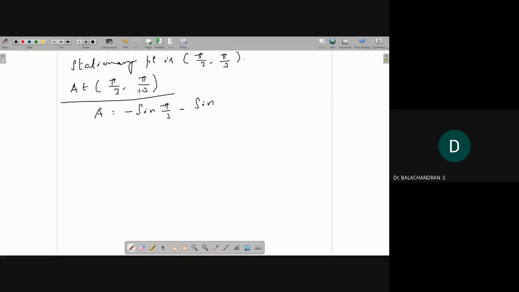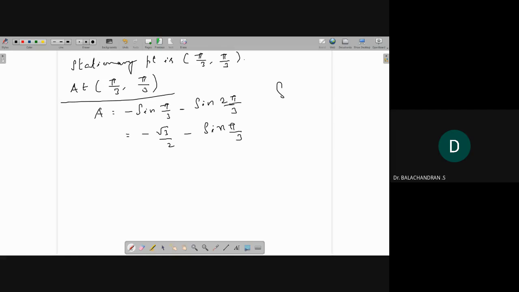X plus y is pi by 3 plus pi by 3, which is 2 pi by 3. So this is minus sine 60, which is root 3 by 2. Sine 2 pi by 3 is also the same as sine pi by 3,